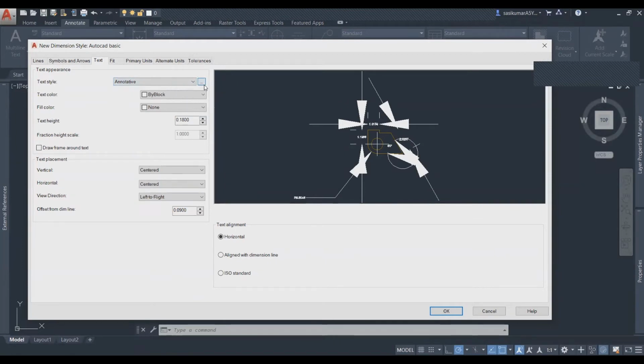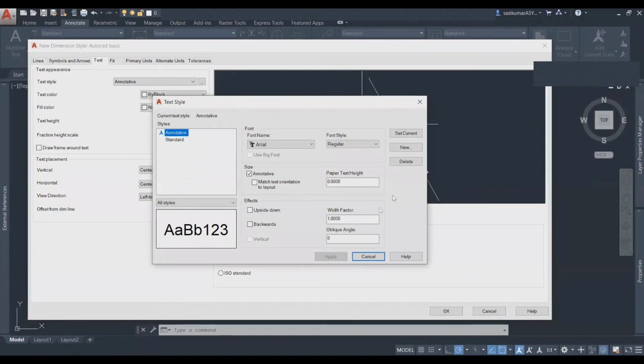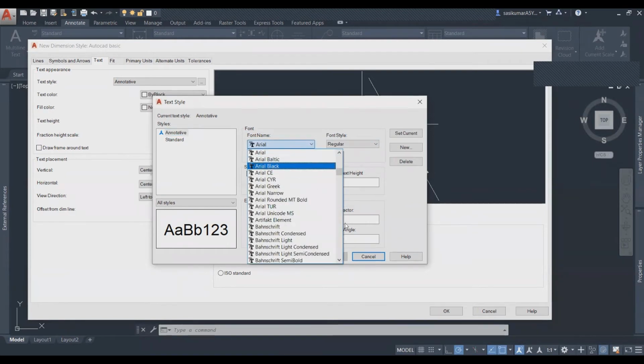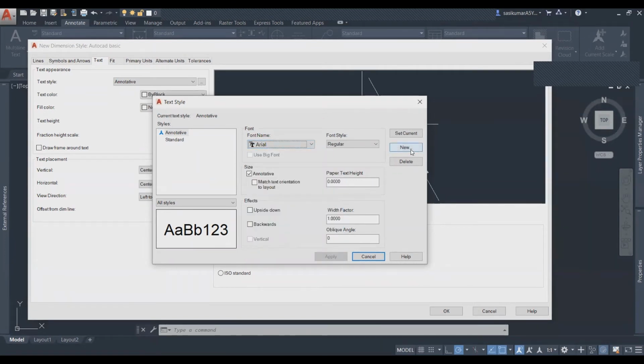See here, there is a three-dot button. When you click the three dots, you will get a new window. Here, there are a lot of styles. See font, inside there are a lot of styles. Whatever style you want, you can do it. Before that, you have to create a new one. You give the name. Maybe I will give Vimal as my style name.